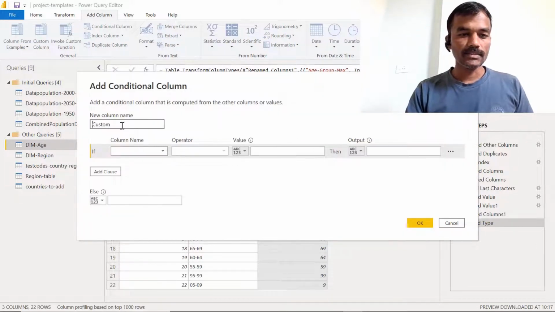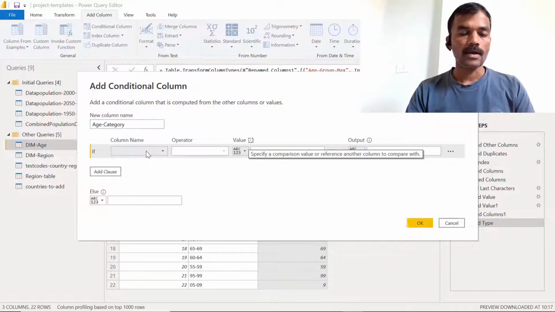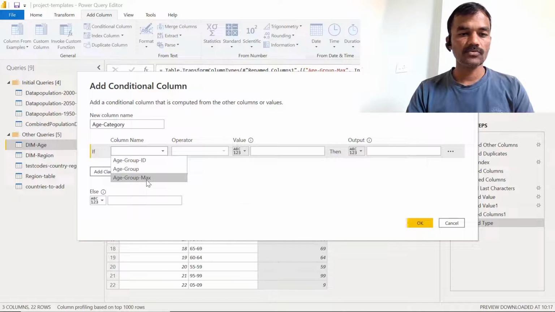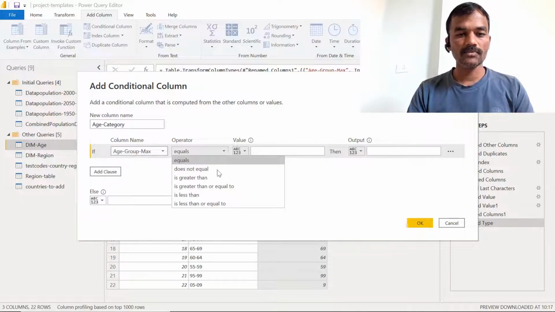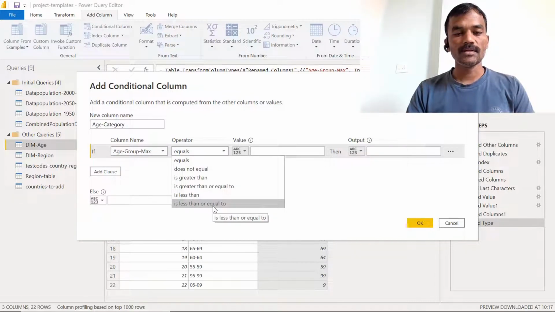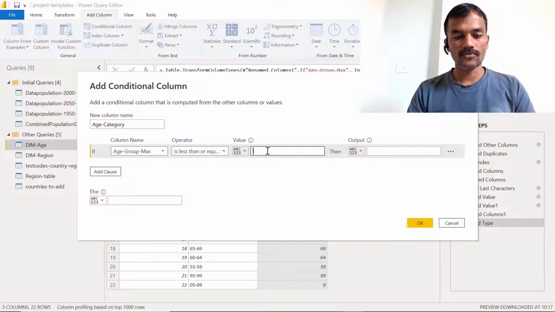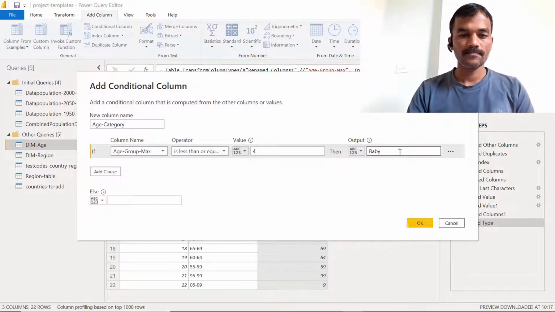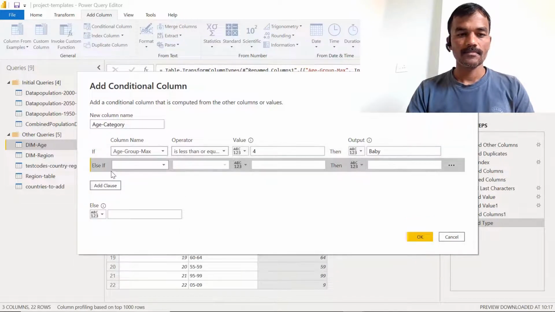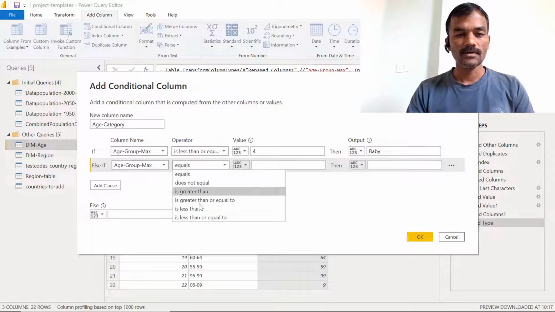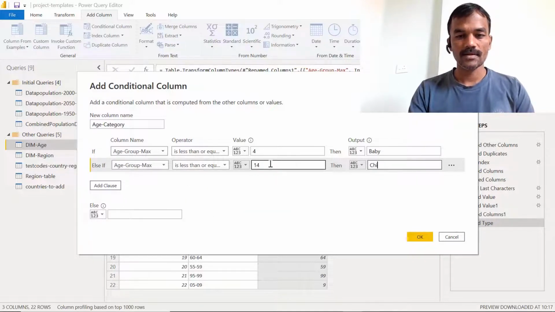In this we will say the column name will be Age Category. First we will select Age Group Max as the column, and here we will mention if it is less than or equal to 4, then the output is baby. Then we will mention the others as well. If it is 14, then it's child.